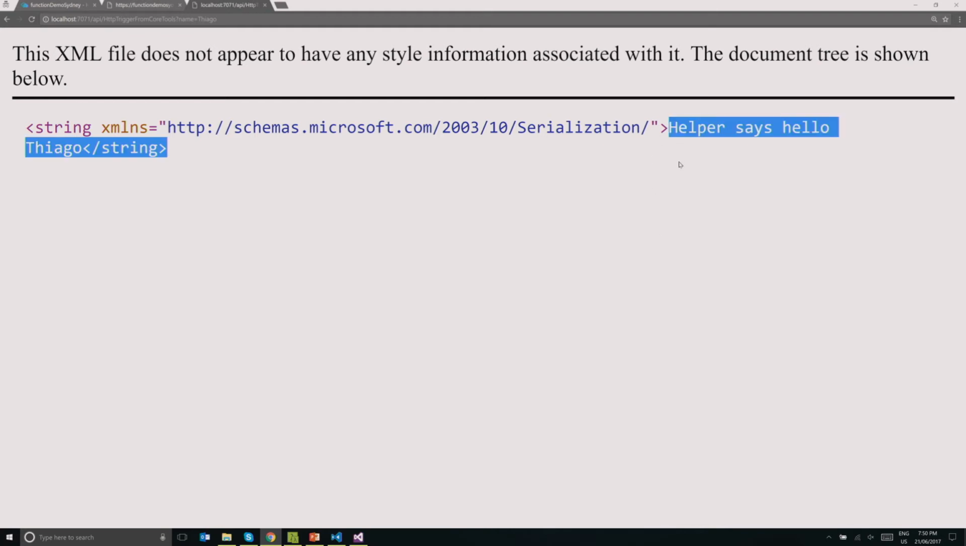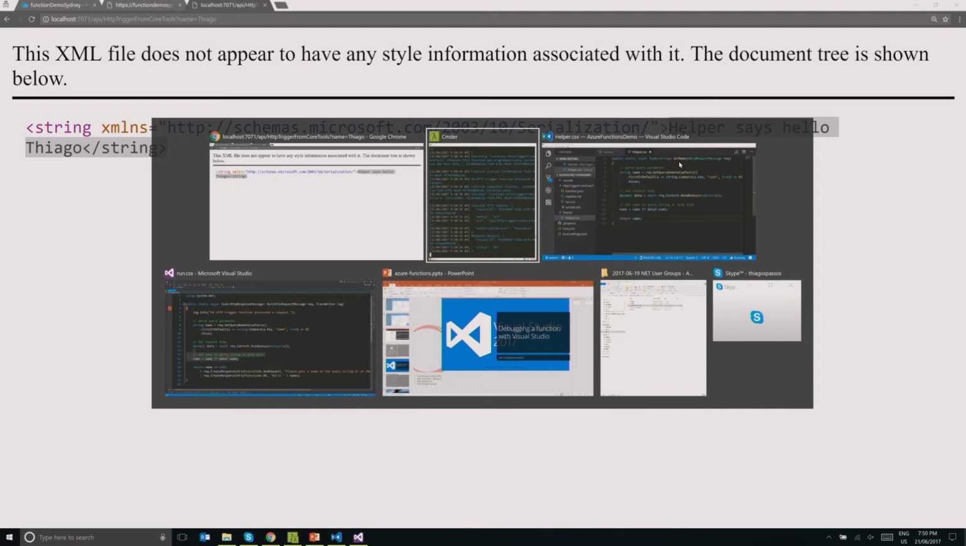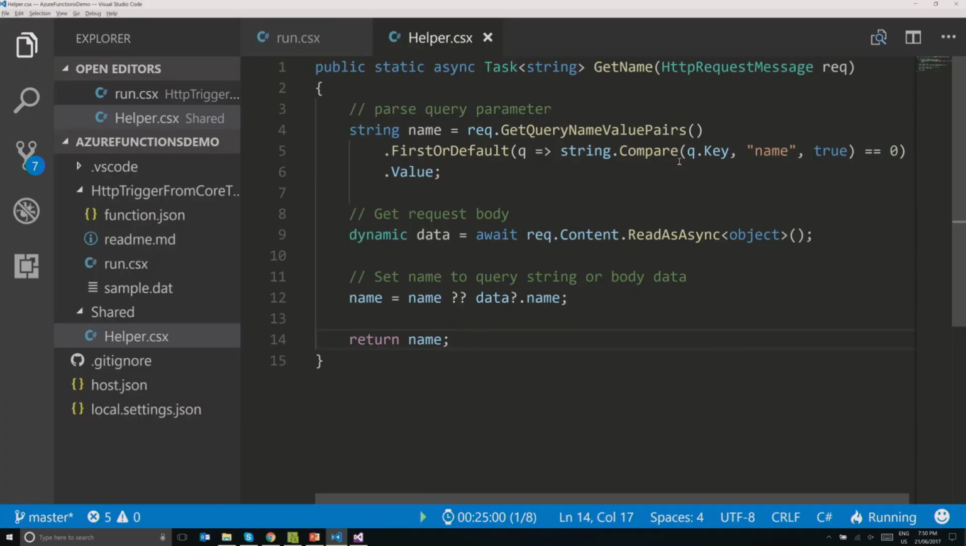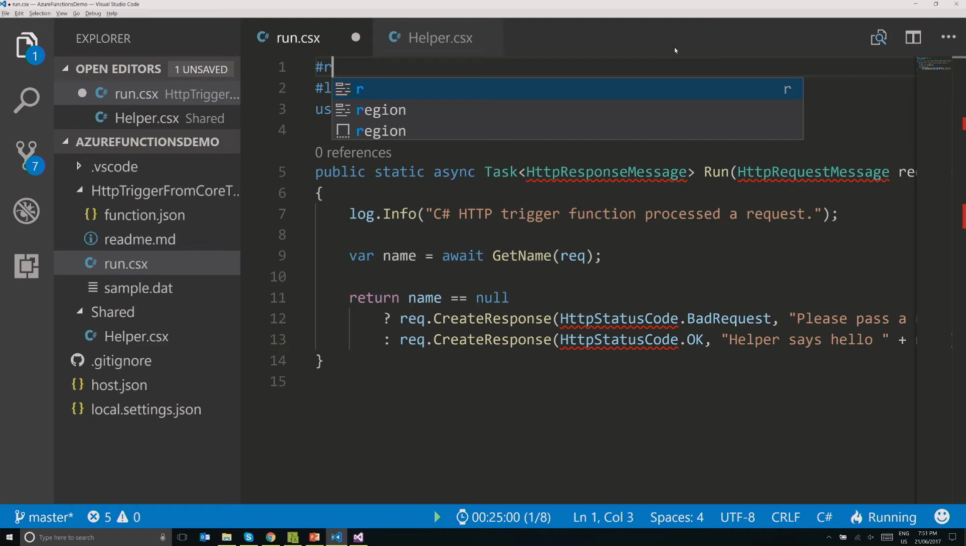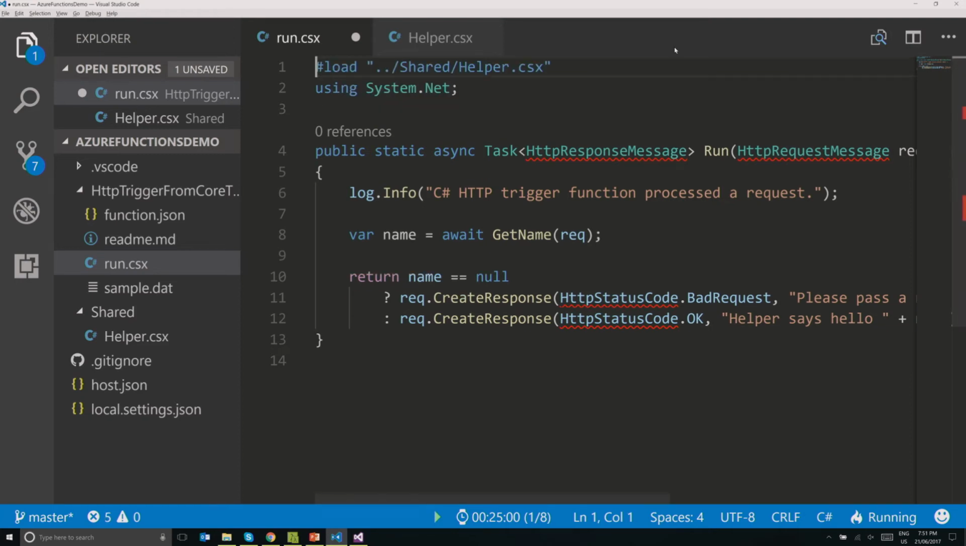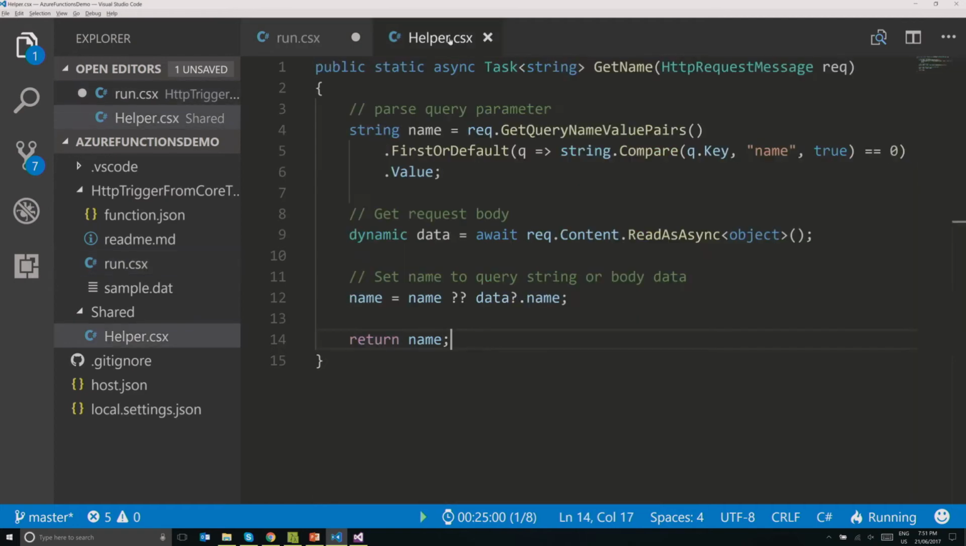Okay. All right, so the same way you can load a single file, you can also load the whole DLL. I'm not going to demonstrate that right now, but you can do it. So you can load the whole DLL or a NuGet package and run that inside your function. Okay? It's basically going to change that to something like this, but I'm not going to cover that today. So if you change your helper.csx and save it